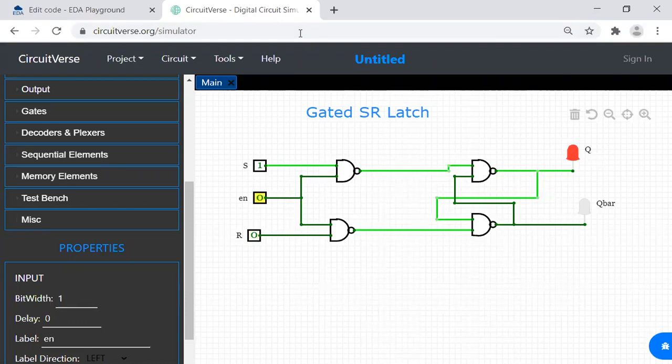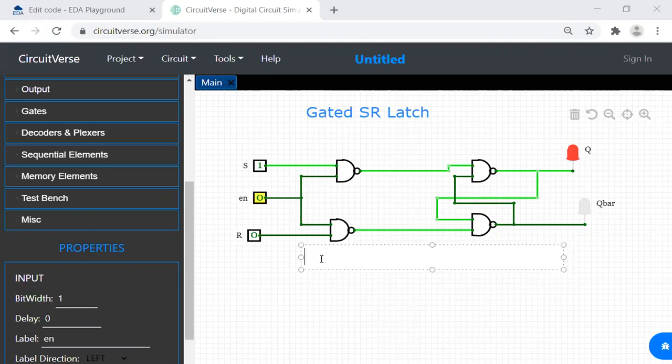So let me write the modified truth table for a gated latch. I can write this as enable. I can also write this as clock pulse, or I can give an edge triggered clock also. If I write it as clock pulse, it will be level triggered. But for now I'll consider only edge triggering and level triggering, I'll tell you what that is. Okay, before that, let me write the truth table.